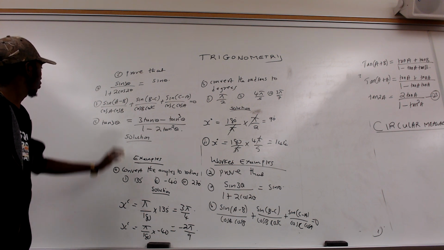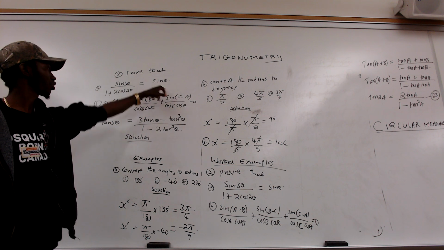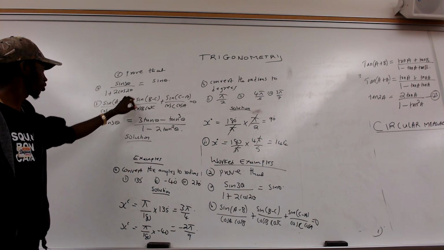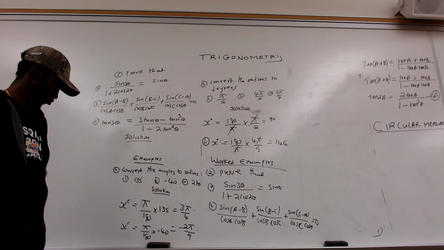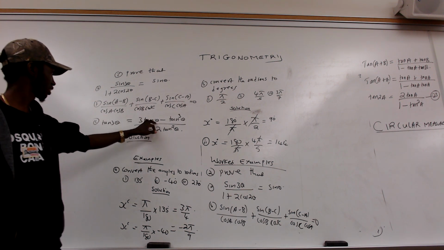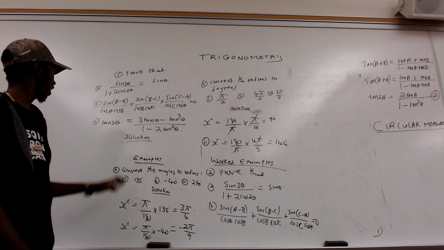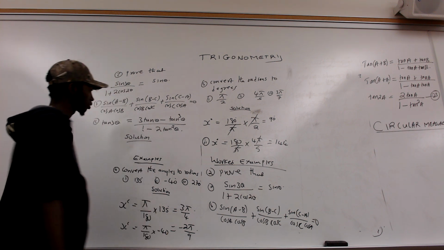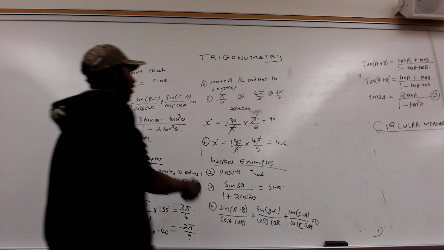So the first derivation, sine 3 theta divided by 1 plus 2 cos 2 theta must give us sine theta. And the other one, sine into a minus b divided by cos a cos b plus sine into b minus c divided by cos b cos c plus this must give us 0. So the last one, tan 3 theta must give us 3 tan theta minus tan cube theta divided by 1 minus 3 tan square theta. So deriving requires us to prove that the left-hand side result must be equal to the right-hand side result. So yeah, we can think of any value